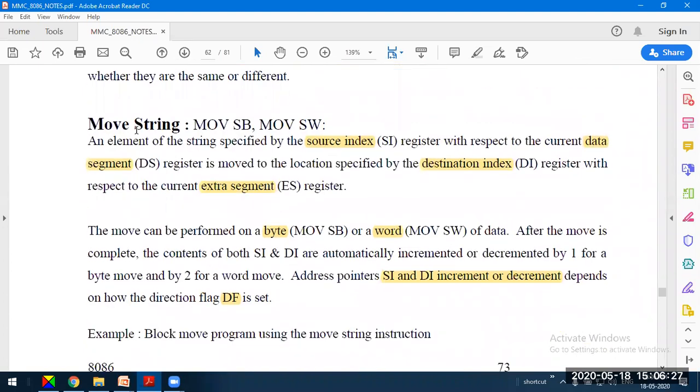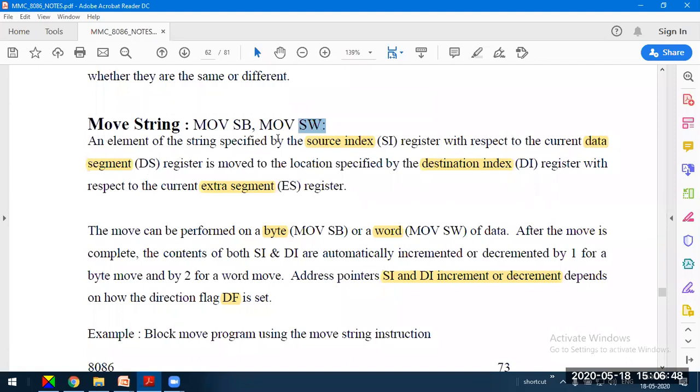Let us start with the transfer or movement of data. Two possibilities: we can move a single byte of data or a single word of data. MOVSB is used to transfer 1 byte of data, MOVSW for multiple bytes, that is word data transfer.